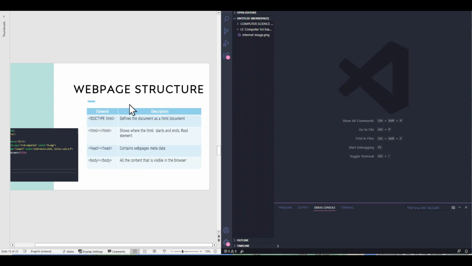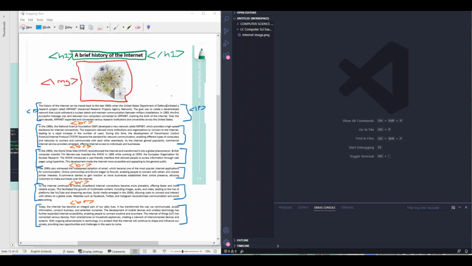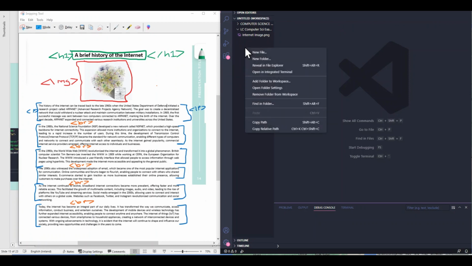Okay, so what we're going to look at now is building. We've got our content, and we've come up with a basic design. So what we want to do now is build a basic HTML web page to display the information. We're going to call it a brief history of the internet. The first thing we want to do is, inside here in our Visual Studio Code, make an HTML file that contains the information. We can go into this section here, right click it, and put in new file,